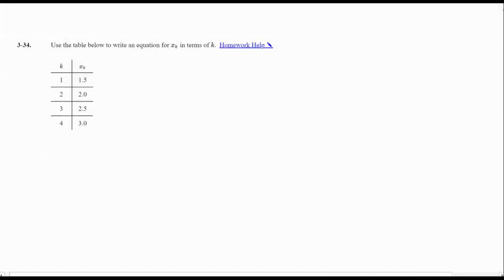Here I'm asked to use the table to write an equation for x of k in terms of k. So when I'm looking at this, the first thing I want to check is what is the relationship between my x of k values. I see that the k is just going up by 1, which is great. The x of k, however, I've got to figure out if it's the same every time or if it's different,